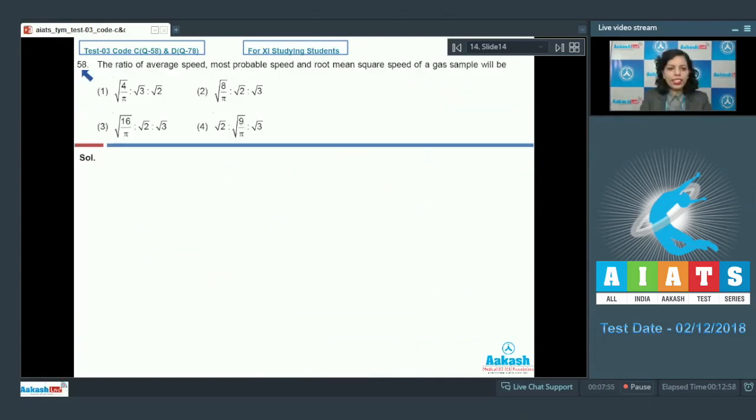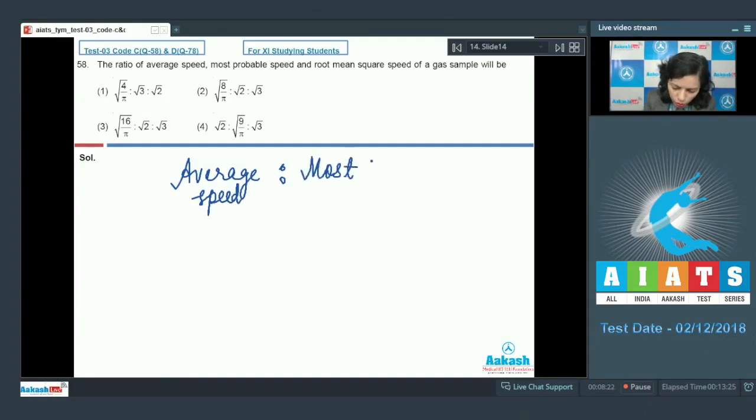Let's check next question. Question number 58. The ratio of average speed, most probable speed, and root mean square speed of a gas sample will be. A very good question from states of matter, the simple one, because we just have to compare the formulae only. So first is the average speed, then most probable speed, and then RMS, root mean square